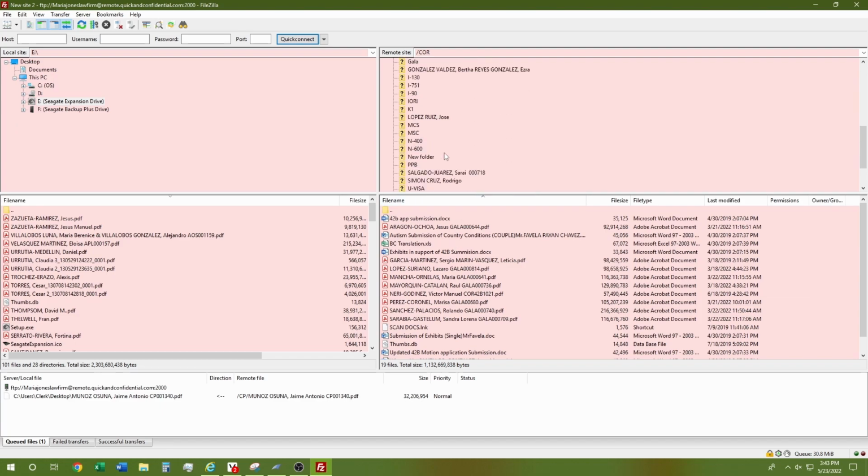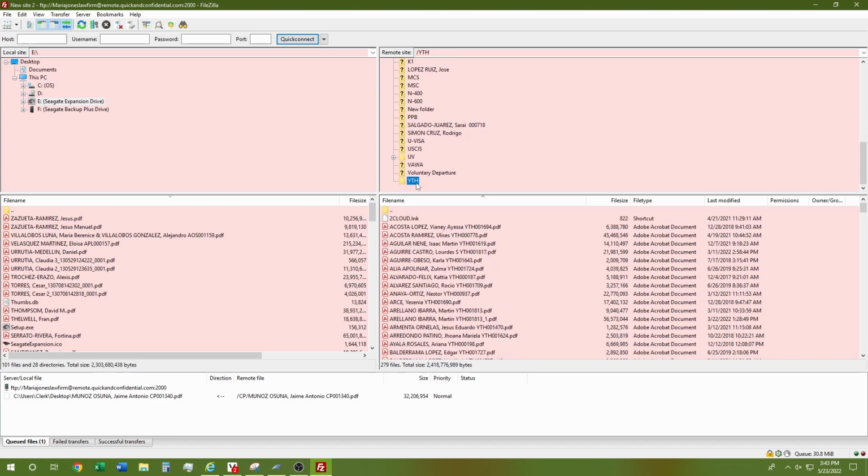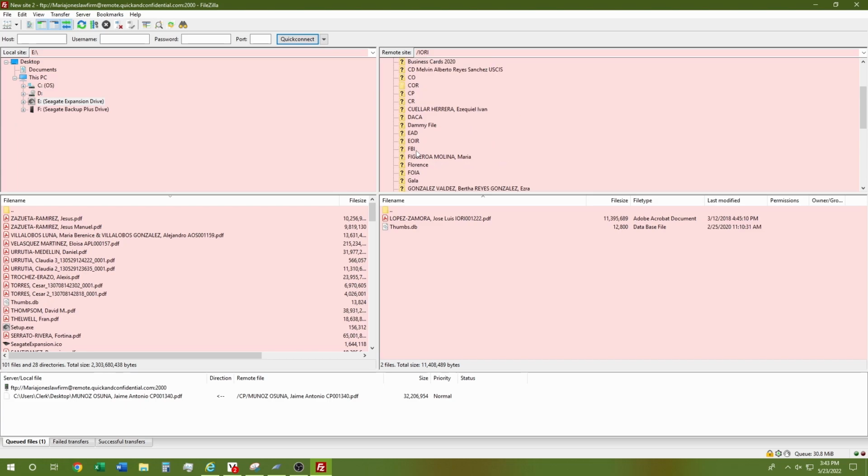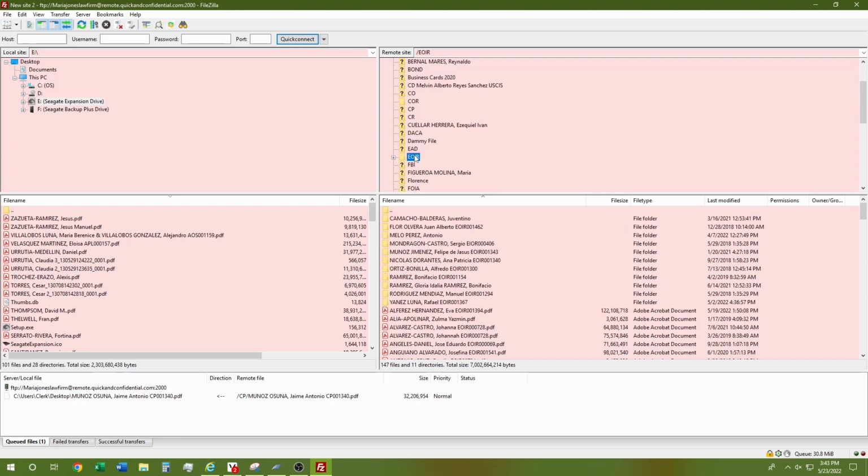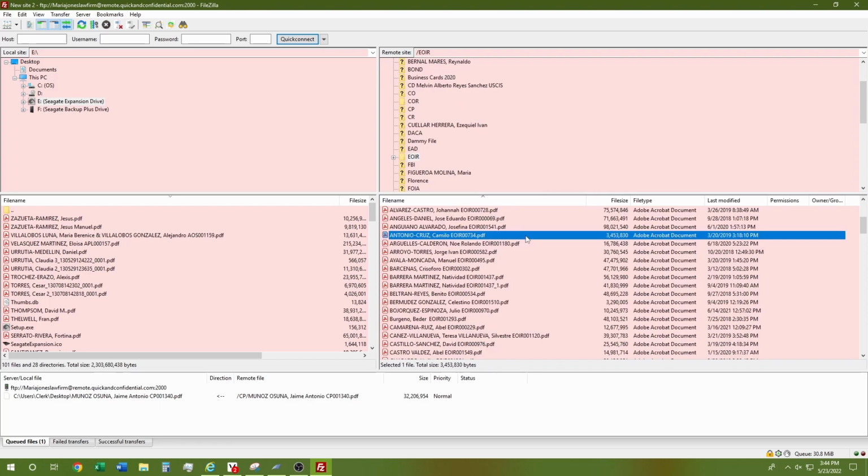Now sometimes it may display differently. So court could also be EOIR, as you can see. DACA could also be YTH. Sometimes there's different names for the folders, so you just want to keep your eye out. Like here, this is IORI, okay. It was just labeled incorrectly and we got it fixed, but they never recorrected it on their end, and by they I mean QNC. We're going to go ahead and now view this file, so we'll right click,